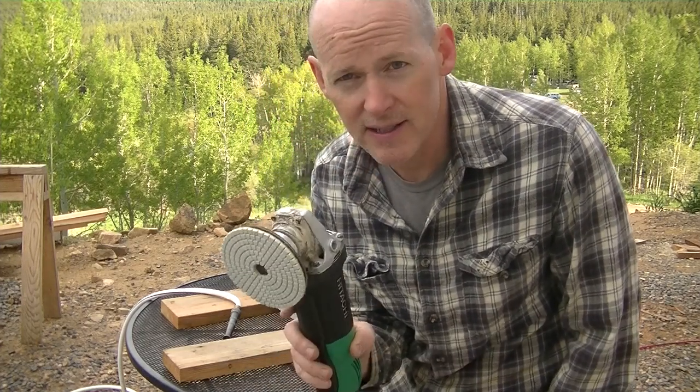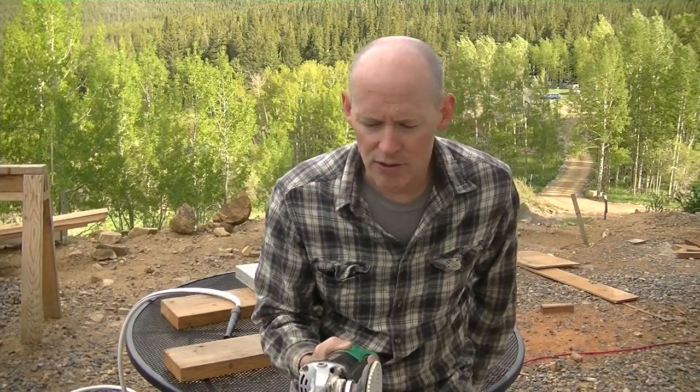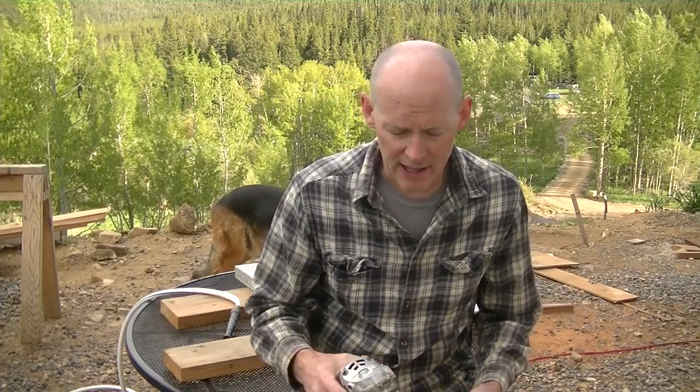So I've actually got a dimmer hooked up to the grinder so that it's not going at probably like 10,000 RPMs or maybe 4,000. Anyway, I don't want to burn the concrete, so we'll try and keep it as low as we can. We'll see how the dimmer works. It worked pretty good when we were in North Carolina. I did the other countertop, so